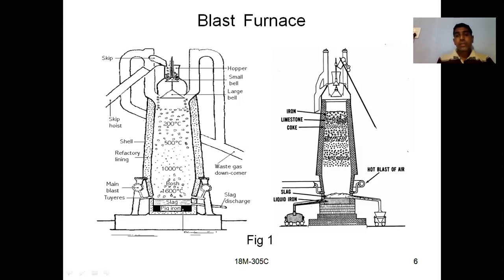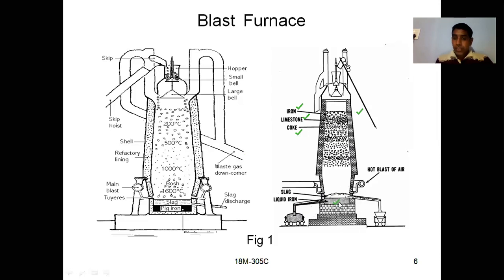We already know that we have iron as iron ore. That means iron ore, limestone and coke are the charge for the blast furnace. We have to keep this iron ore, limestone and coke layer by layer in the blast furnace, and we have to send the tuyeres, that means air blast, from here, so that the coke can burn. If you go from the top to the bottom, the temperature will increase. So you have maximum temperature at this point.